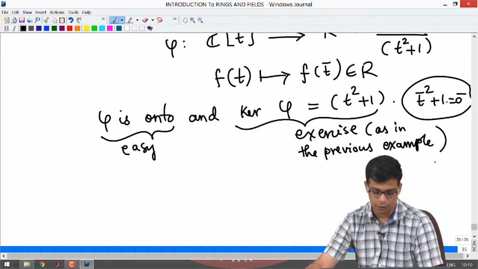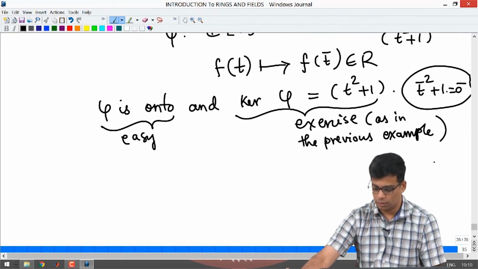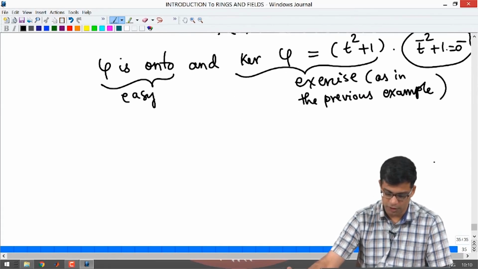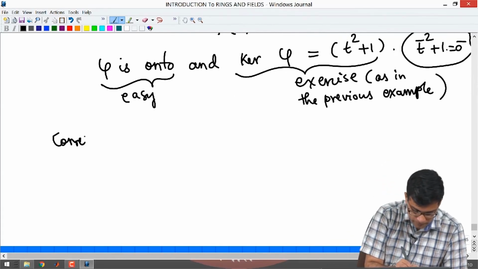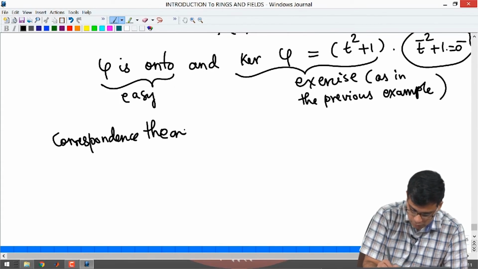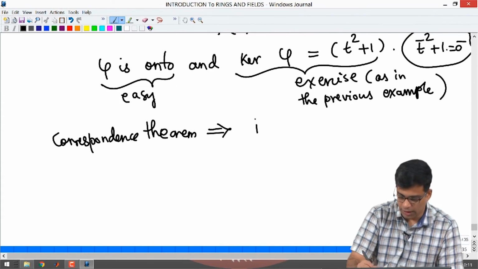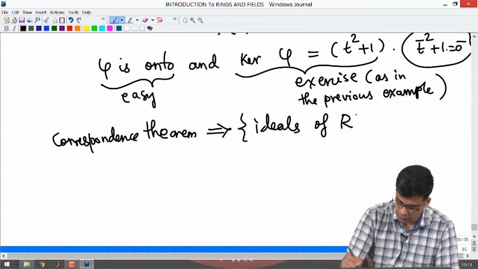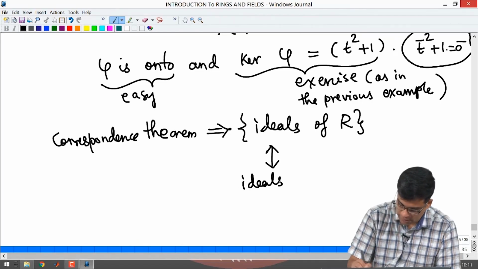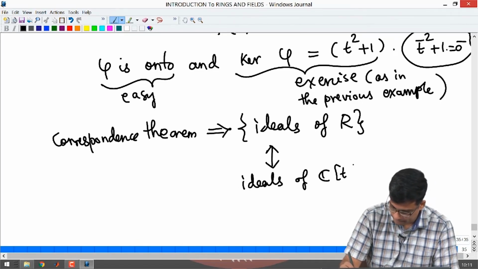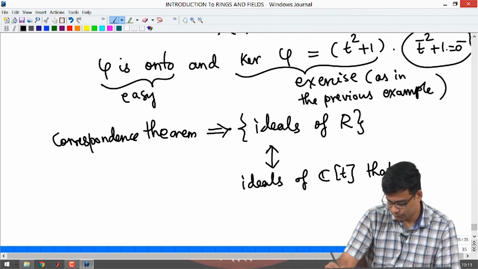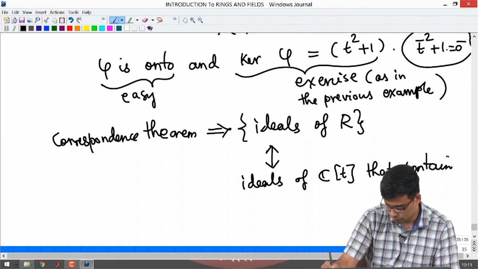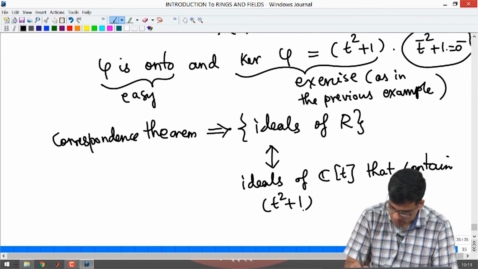Okay. So, this I will leave for you to do. Now the conclusion of the correspondence theorem says that the correspondence theorem gives ideals of R, which is what we are interested in finding, are in bijective correspondence with ideals of C[t] that contain t squared plus 1,